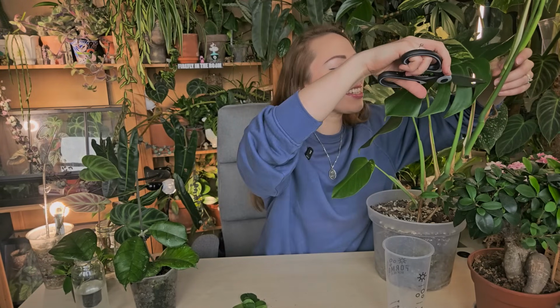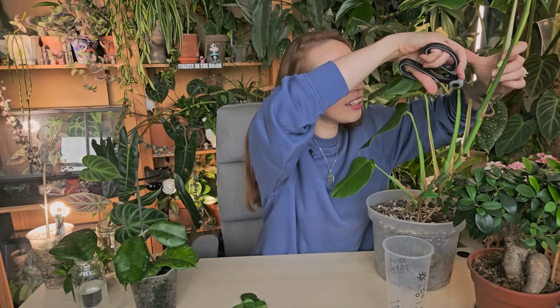So we're gonna redo it, and later on I think I'm just gonna plant some babies together with the mama plant and have one bushy pot of Monstera Aurea. Wouldn't that look fabulous? Just imagine, not one singular plant, but a bush. Oh, I love bushes. Okay, so just like so, we'll go ahead